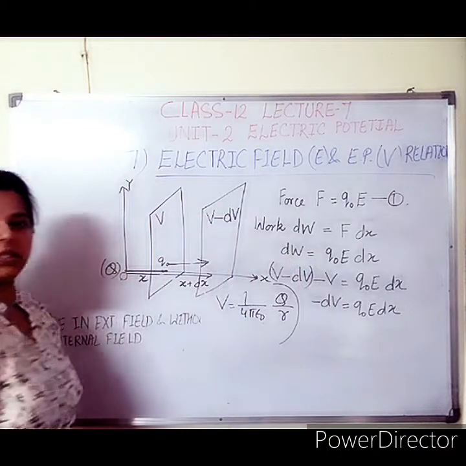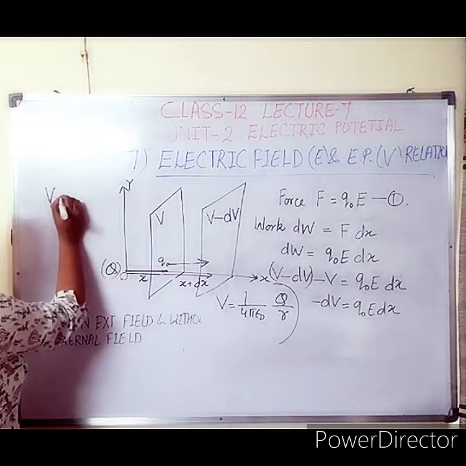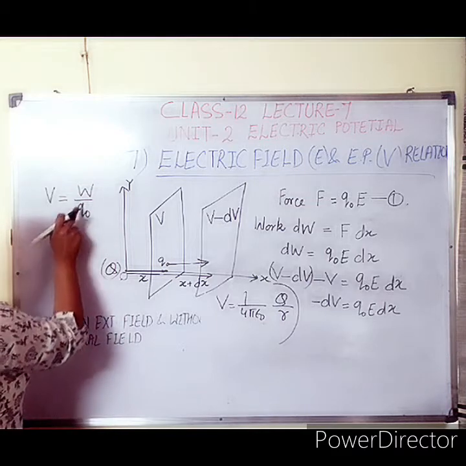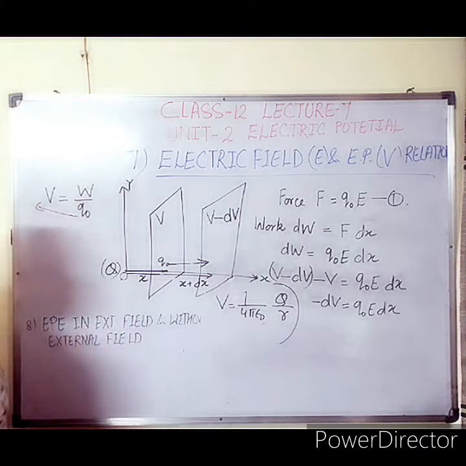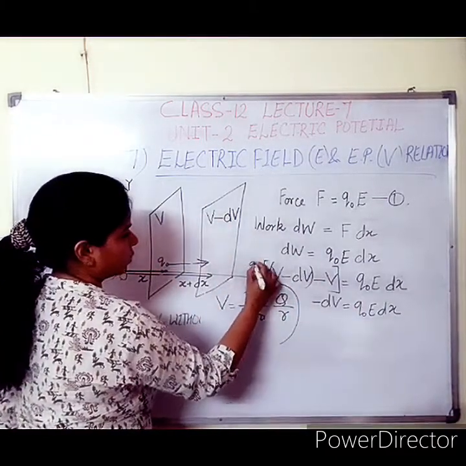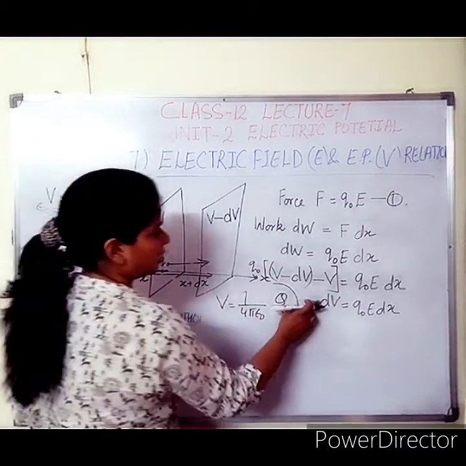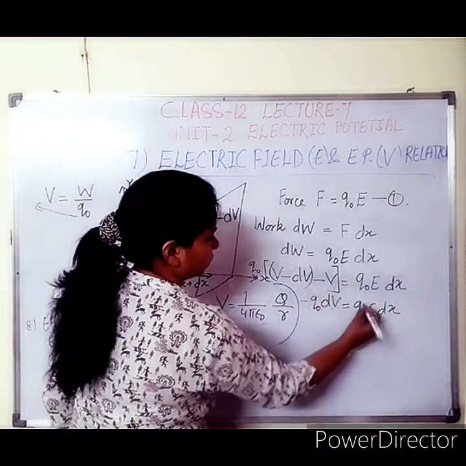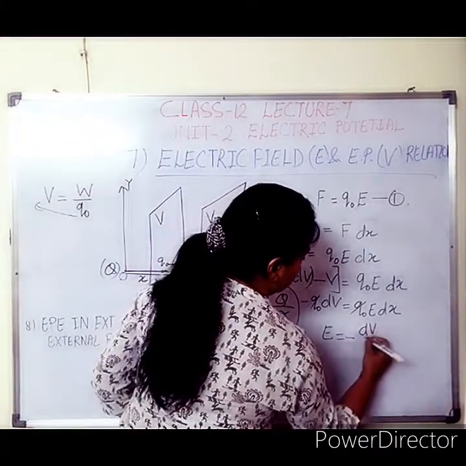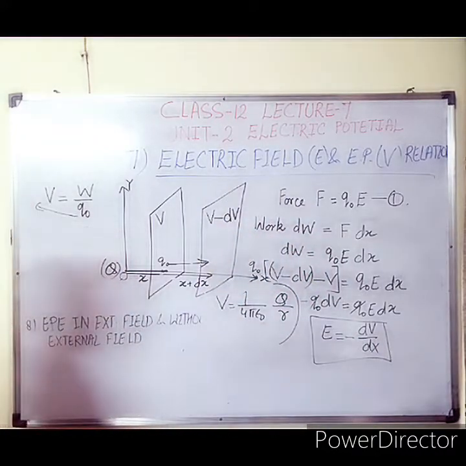dW is not equal to potential. You know one relation, that potential or potential difference is equal to work divided by the test charge over which the work is applied. So work is equal to test charge multiplied by potential. So along with this potential we need to write Q naught, because it is the test charge over which the work is applied, so we will write minus Q naught. Q naught and Q naught will cancel out, and we will get the result: electric field is equal to minus dV divided by dx. That is the relation between electric field and electric potential.